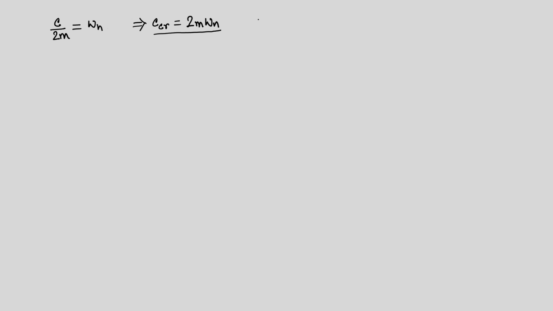And if we have any other damping, say C, then the ratio of C with C critical is called the damping ratio. So, any other damping C we can represent in terms of the damping ratio, that is twice eta m omega n. So, for critical damping, what is the damping ratio? In this case eta is equal to 1. If that is the case, then what will be the nature of the solution?